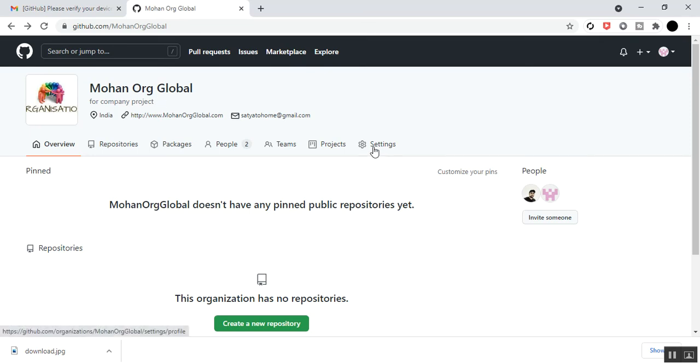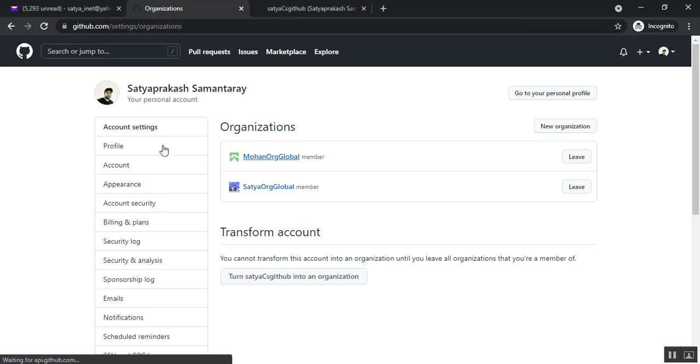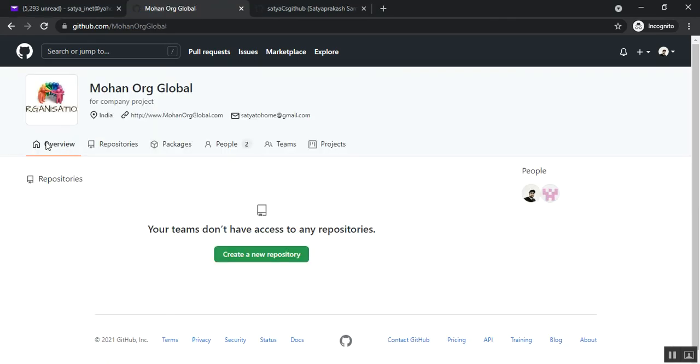You can see settings here in the owner account, but if you go to the member account and select Mohan ORG Global, you can see everything there: overview, repository, packages, people, teams, projects, but the settings option is not there. So a member cannot configure any settings for that organization created by the owner, Mohan CS GitHub. It is the Satya CS GitHub member, which was added by Mohan CS GitHub to the Mohan ORG Global organization. Alright,